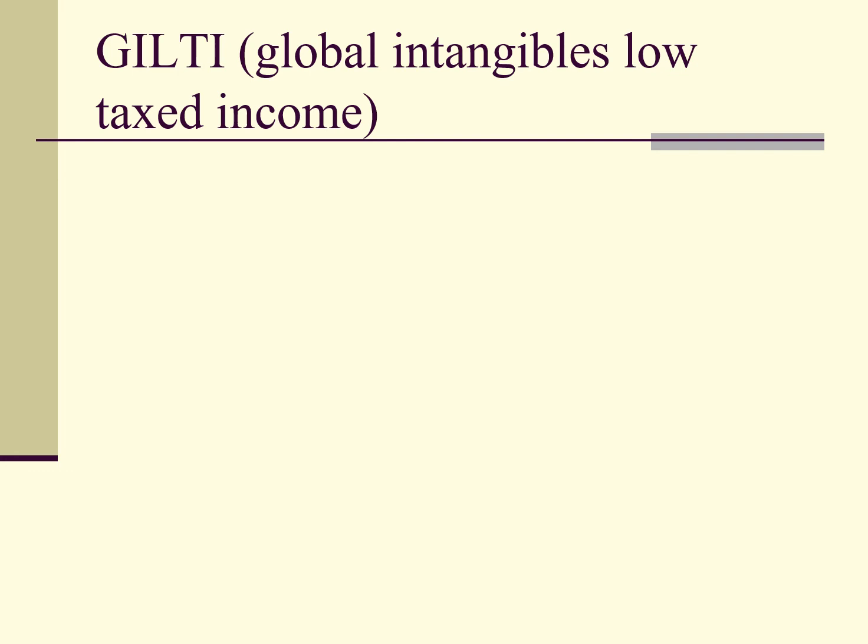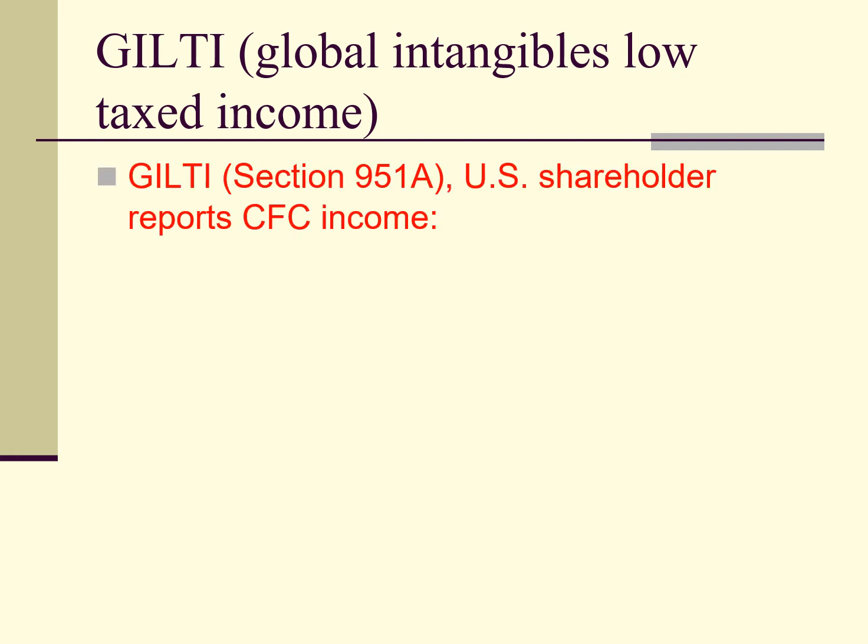Our final topic is the GILTI rules, which stands for Global Intangibles Low Taxed Income. We're only going to highlight the key aspects of the rules. See the text for a full explanation. The GILTI rules provided by Section 951A require a U.S. shareholder of a CFC to include in income a calculated amount of GILTI. The amount equals